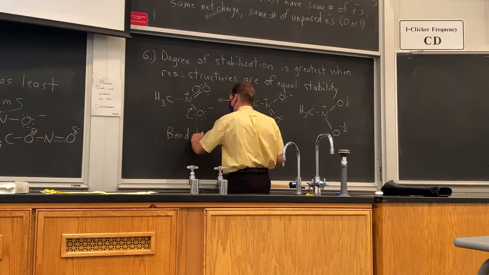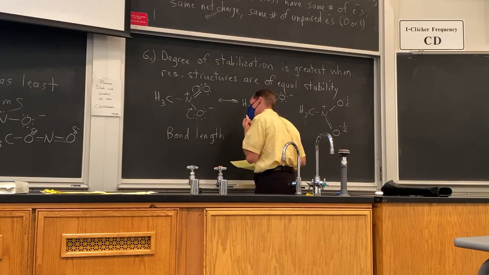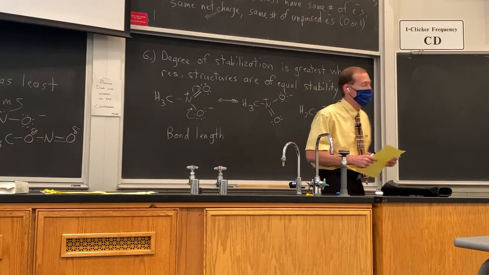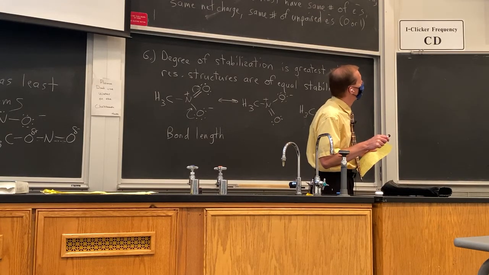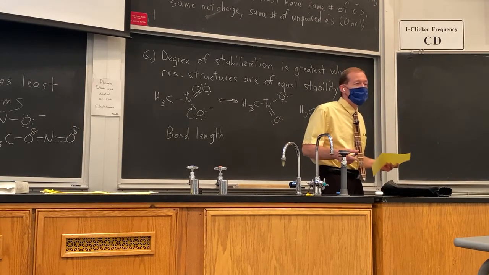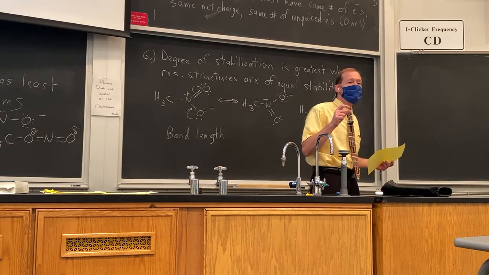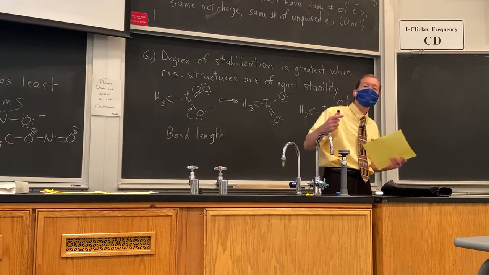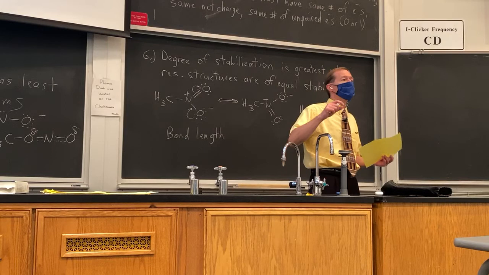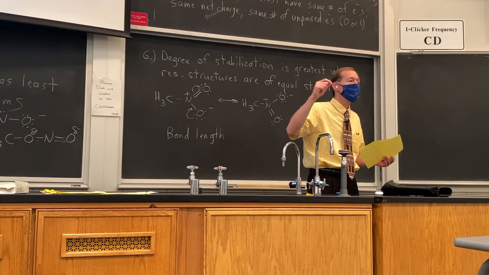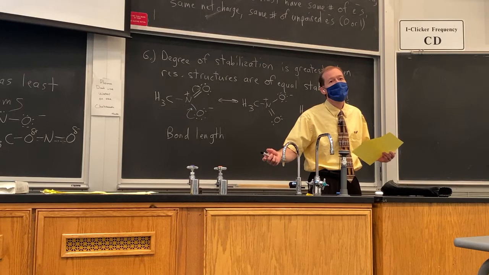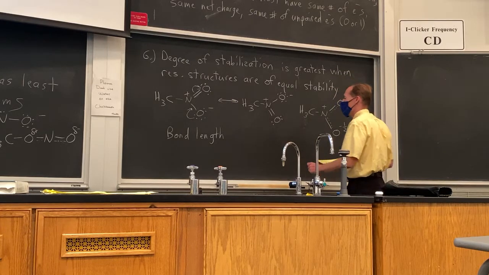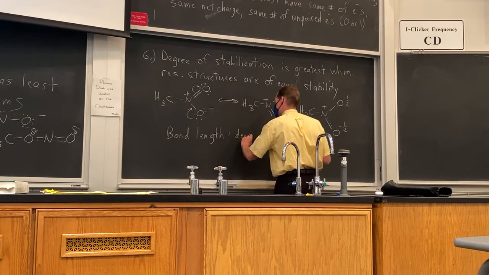So let's talk briefly about bond length and discuss periodic trends related to bond length. Let's look at the second row of our periodic table. Let's consider bonds of those second row elements to hydrogen. As we go from left to right across that second row of the periodic table, do the bond lengths between those atoms and hydrogen get longer or shorter? They're going to get shorter as you go from left to right. So bond length decreases